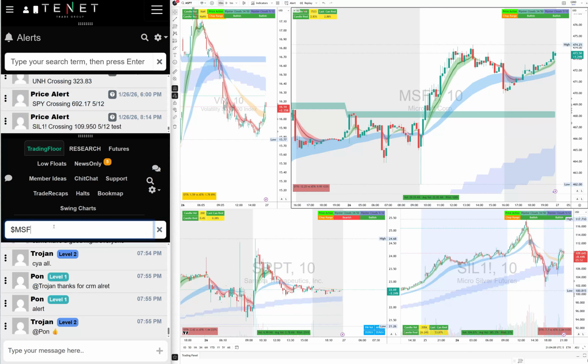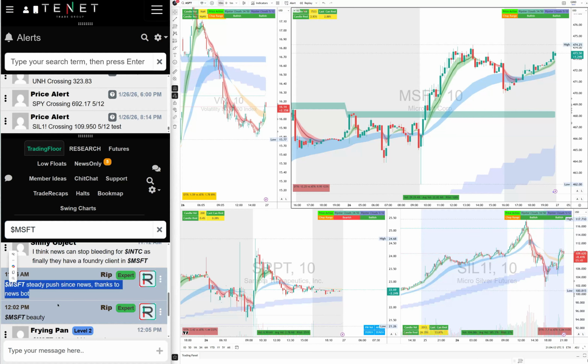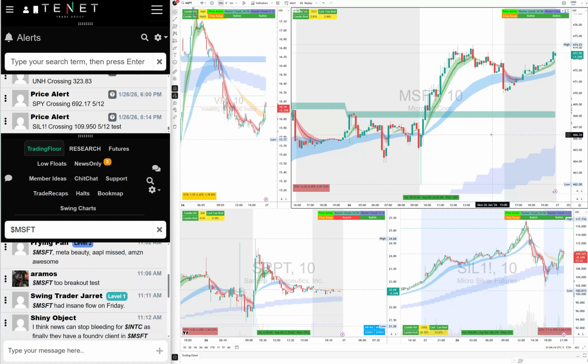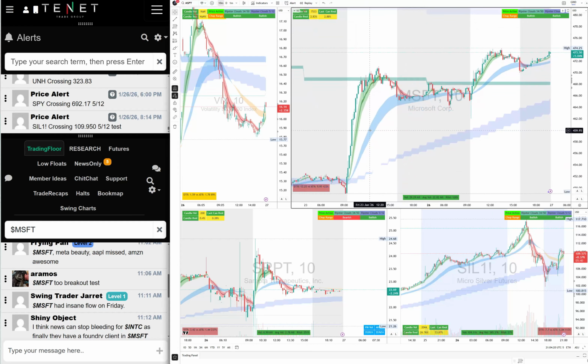Microsoft here, let's take a look. Microsoft did really well from that news push, breaking news, and then it ran from 470 all the way to 473.62. Microsoft was pretty good, and it was actually running on Friday as well, so somebody always knows there's news coming. So really did good. That's the Mag 7s. So you know that those are strong.